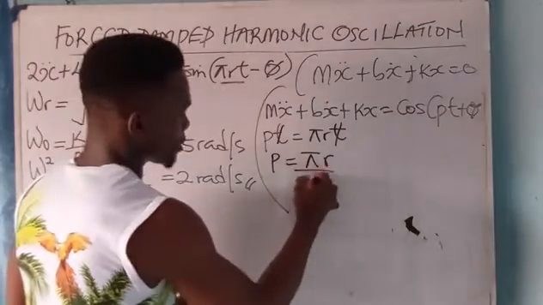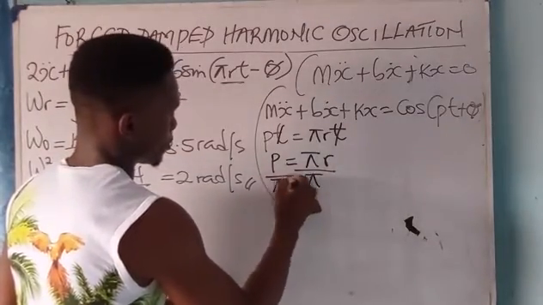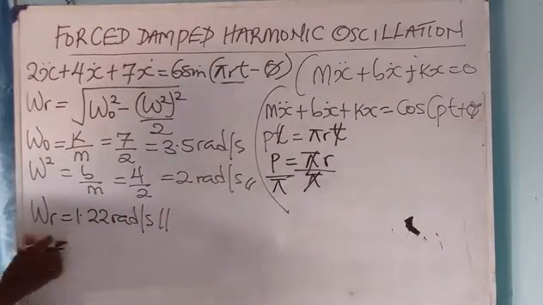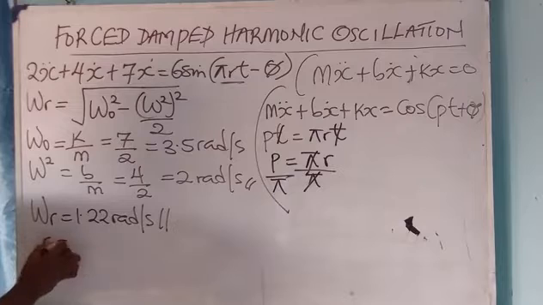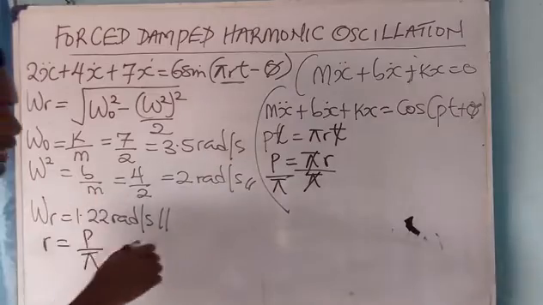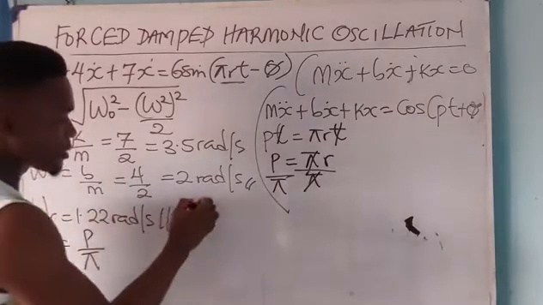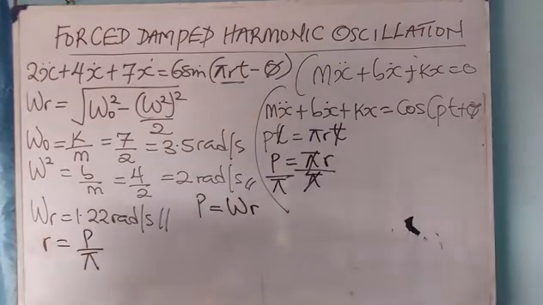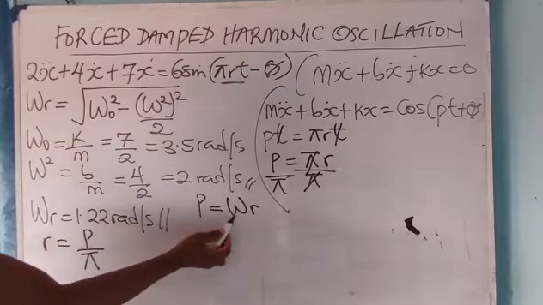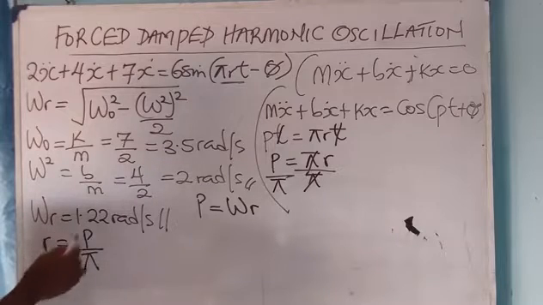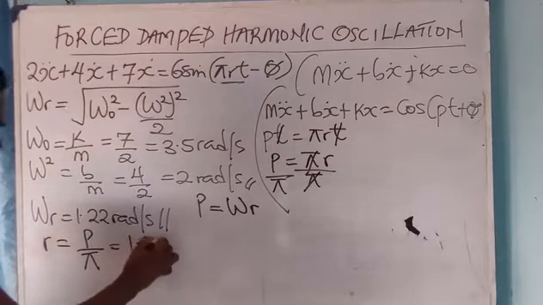In doing that, we divide both sides by pi. Therefore r is equals p over pi. Now I told you that at resonance, p is equals the resonance frequency. So if omega r is 1.22, it means that p is also 1.22. Therefore, now it will be 1.22 divided by